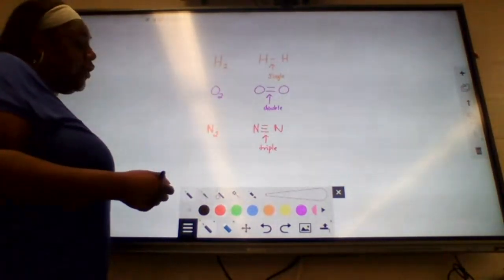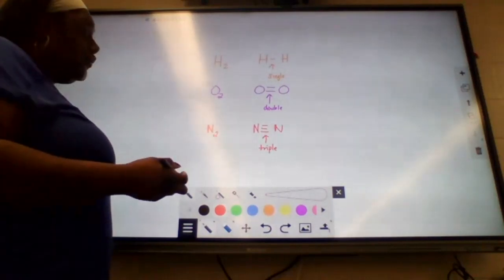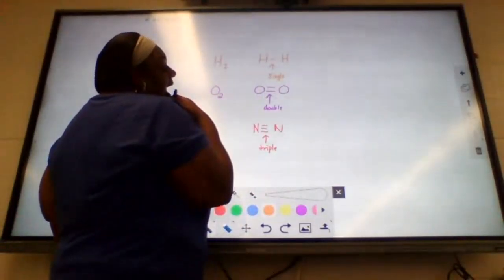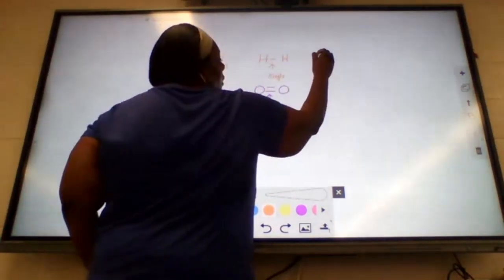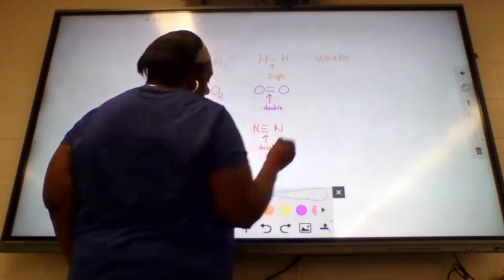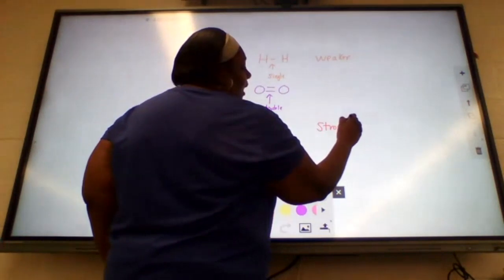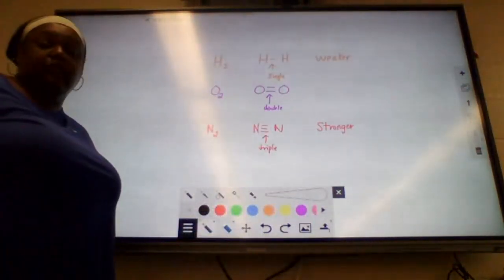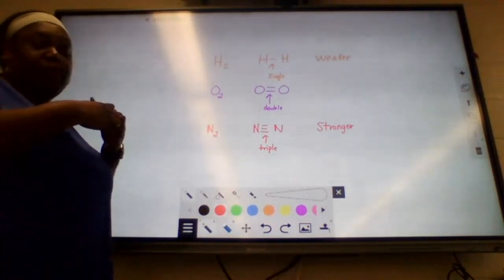between those atoms. When we actually start looking at these bonds, there are a couple of things that you need to understand. When we compare these 3 bonds, what I'm going to find is that my single bonds are going to be a lot weaker than my triple bonds. Triple bonds are the strongest because those atoms have to be very close together in order to share 3 pairs